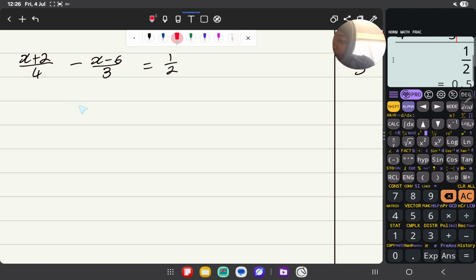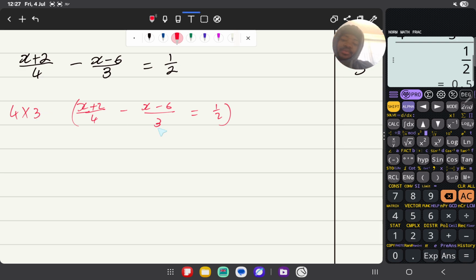In fact, let me write this and say (x + 2)/4 minus (x − 6)/3 equals a half. Right? We are still going to multiply. But now, with the same law, what you do on the left, you do on the right. So with 4, we will multiply by 4, 4 multiplied by this whole thing, because we're trying to get rid of this denominator. And then we try to get rid of this denominator as well, so we're going to have to multiply by